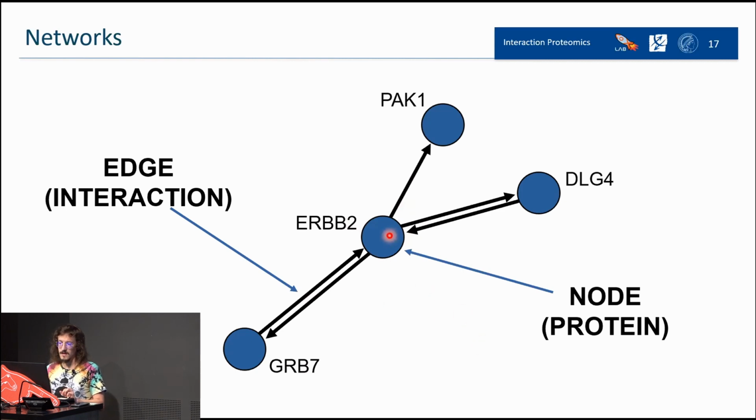Usually all of the circles are nodes, but the one in the central part of the network is the one that you use as bait. Or let's say the central part of the network is the protein whose interactions you are describing. And then we have edges, these lines that could go from one side to the other. For example, this edge means that the interaction happened only between this protein and this one, but not vice versa. Here instead, both of them are interacting.